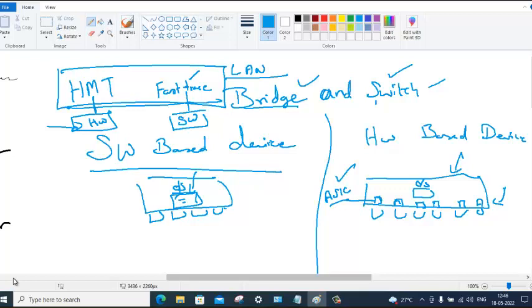Then you can tell him, software based device has only one processor and the operating system to do all operations. Whereas a hardware based device, along with the operating system and the processor, has more ASIC chips, which share the load. In turn, switches can handle more traffic than bridge.